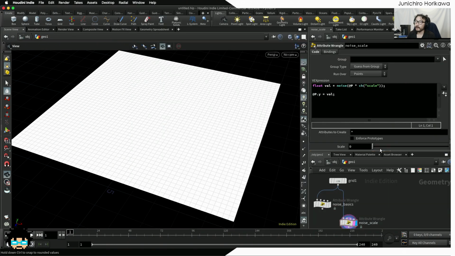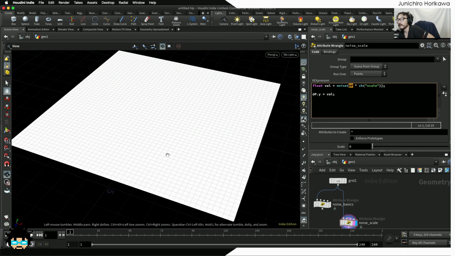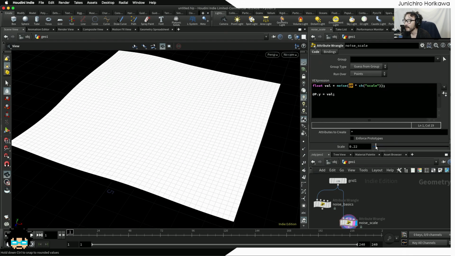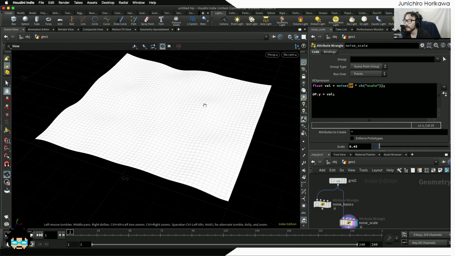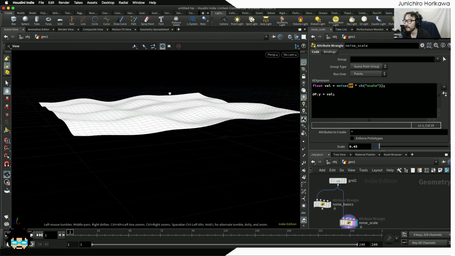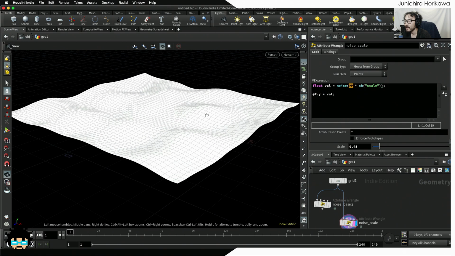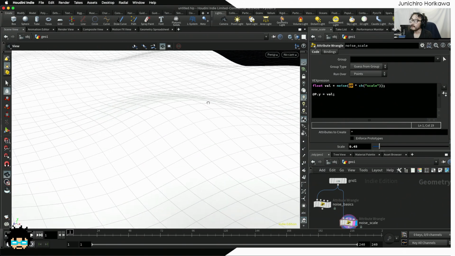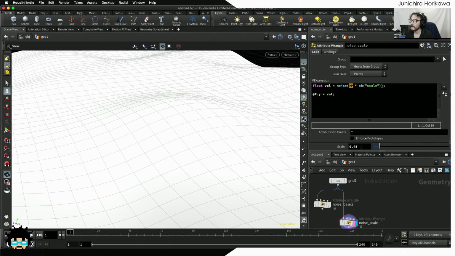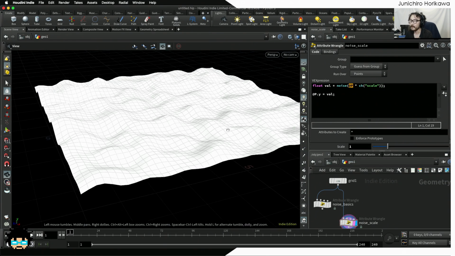Okay. Now currently the scale value is equal to 0, so as a result, by multiplying with the location, all the points will be converted into the 0, 0, 0 location. Now by slowly raising this value up, you can see that you have more big mountain waves starting to appear. And compared with the value when the scale was equal to 1, which is the original location